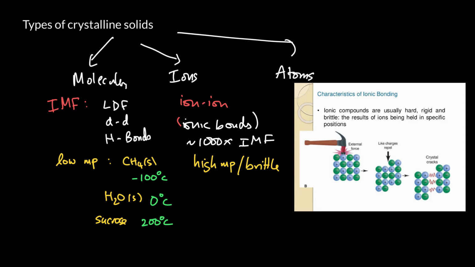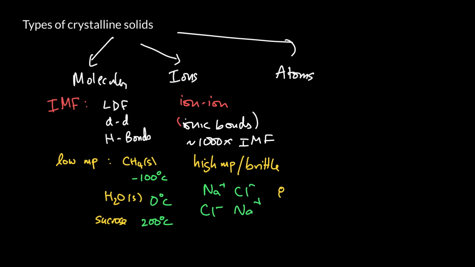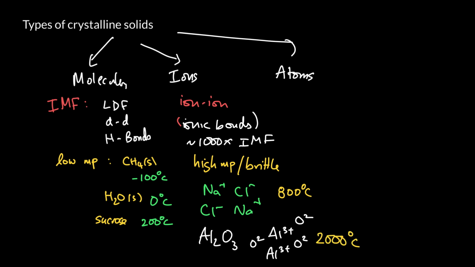Something like sodium chloride has an exceptionally high melting point. You've got the sodium ions and the chloride ions, arranged something like that, and their melting point might be something like 800 degrees Celsius. If you've got something like alumina, alumina is made of aluminum 3 plus ions and oxygen 2 minus ions. So you've got aluminum with a 3 positive surrounded by oxygen with a 2 minus, so a very, very strong attraction there. Remember, the higher the charges, the more strongly attracted they are, the harder it is to melt. So this might melt at, say,